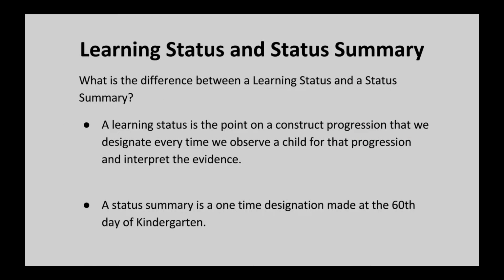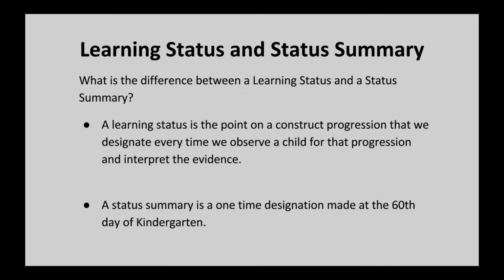One clarification that might be helpful as we're thinking about the status summaries that we just completed is the difference between a learning status and the status summary. The status summary is that one-time designation that we're making around the 60th day of kindergarten about where students are on kindergarten entry, but the learning statuses are whatever the current point is on the progression where we observe the child. So we can be making a learning status all the time for children based on the observations